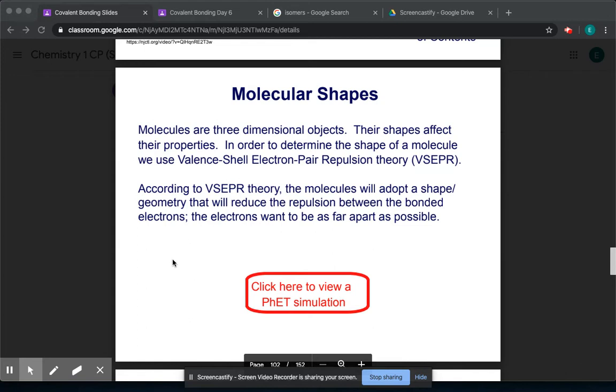So, depending on where the electrons are, where the bonds are, you'll get different shapes. And remember, those shapes are meant to keep the electrons as far away from each other as possible, because remember that like charges repel. So electrons don't want to be near each other. The whole point of these bond angles is to keep the electrons as far away from each other as possible,